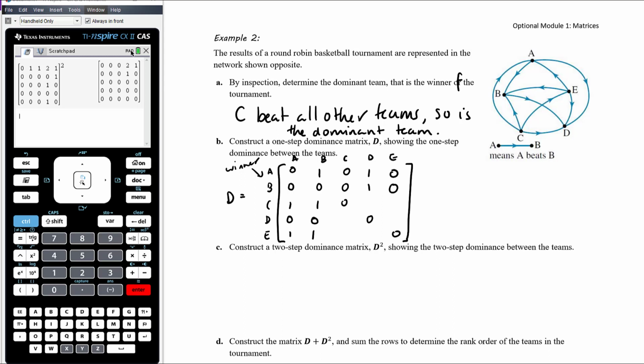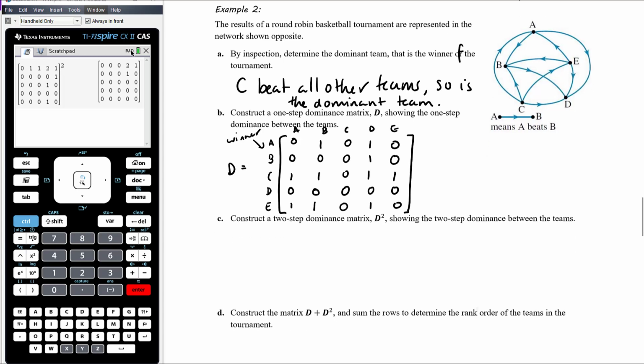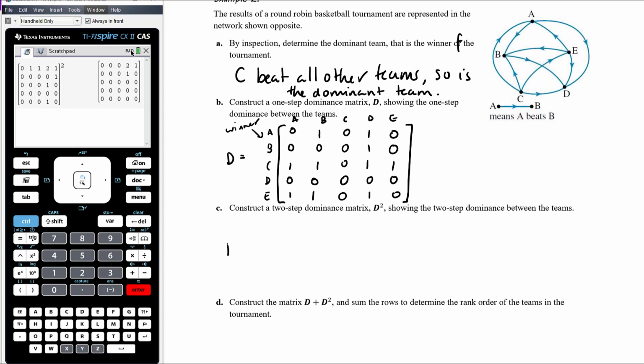Okay, C and D, so C beat D, which means that D didn't beat C. And C beat E, which means that E didn't beat C. And last one is to consider D and E. D did not beat E, which means E did beat D. Okay, so that's our one-step dominance. We then want to construct the two-step dominance, so that is D squared, by squaring the matrix we've got in